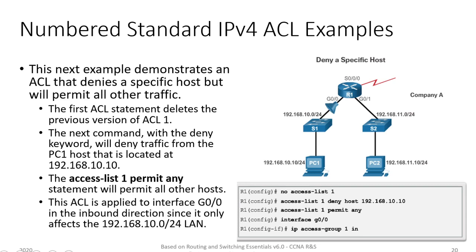So for example, in this example, again we are permitting from this particular host, but after that we are denying from that particular host, and then we are permitting from any other host. So we are using the host and any statements here when we are creating these access lists, and then similarly we are associating it with the interface as an inbound rule here. So again, depending on how we are configuring it, we can configure it in this manner.